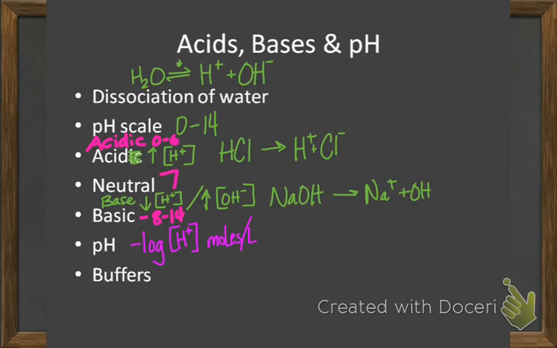Now, what that means, we're going to do some math with this tomorrow. But you need to be able to move up here to this corner and say, if you look at pH,